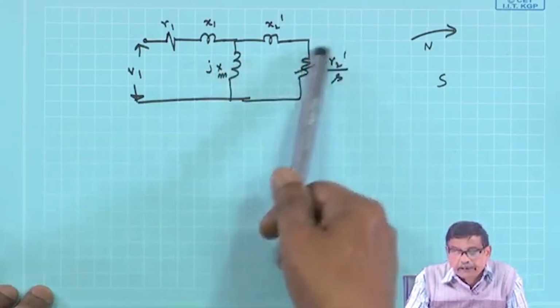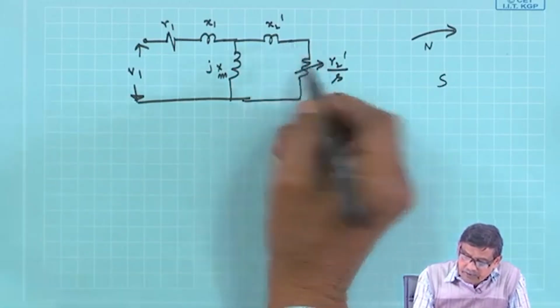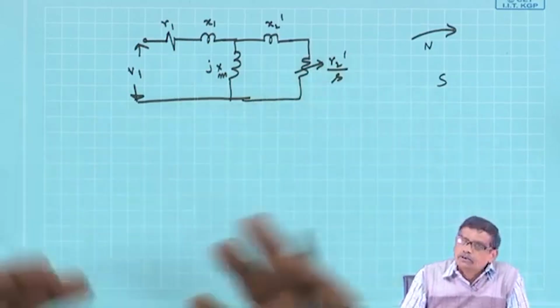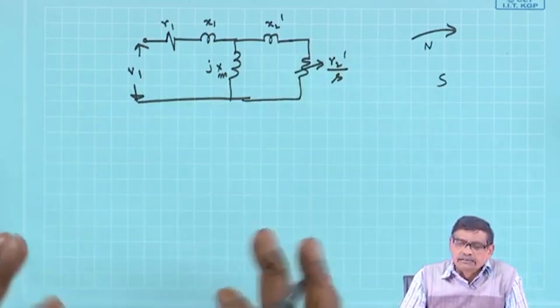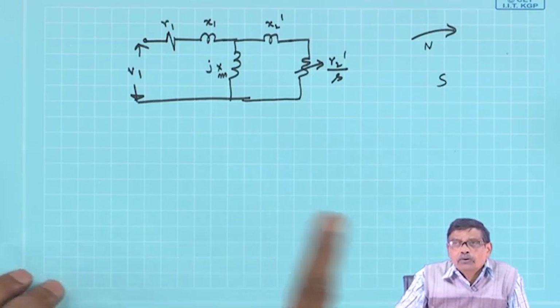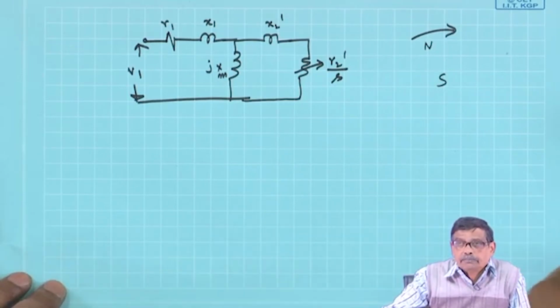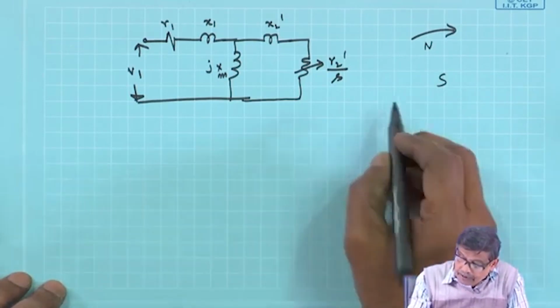If you can estimate the air gap power, that is the current squared into R2 dashed by S, your torque is already calculated, that is torque in synchronous watts, and dividing it by 2 pi ns, you will get the actual torque. You need not go to the level of mechanical power developed, although that can be done,